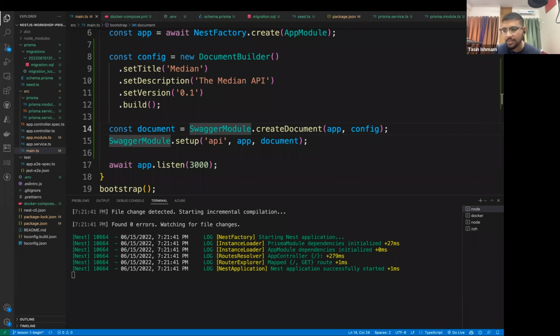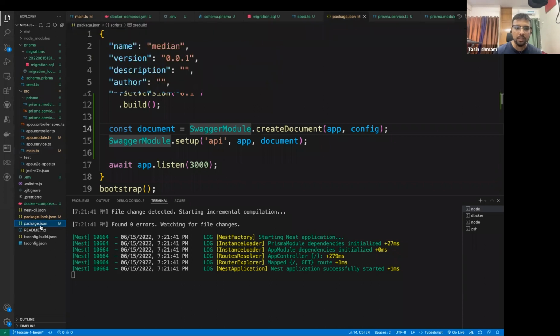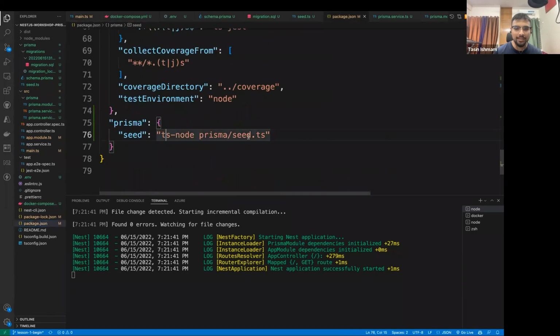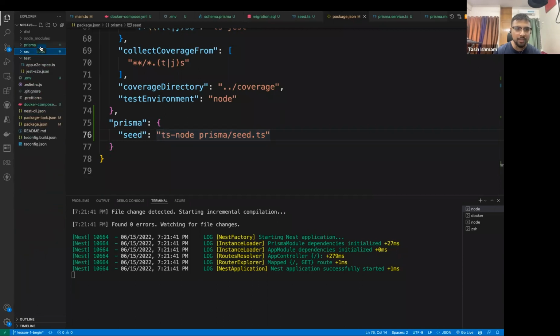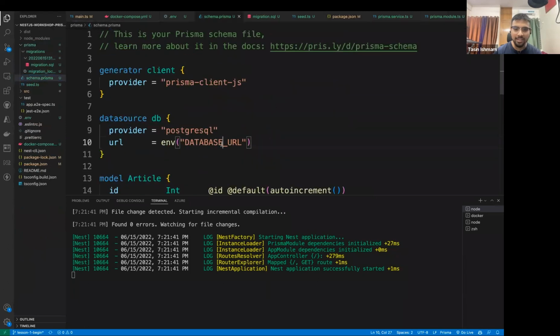Can you make different seeds for different use cases, like test data versus initial prod data? I am not totally sure. Technically, yes, you can, because this is just an arbitrary script. You could probably mention the environment variable. My gut feeling is you can, but I'm not exactly sure what the logistics are. Since the Prisma schema is basically just an environment variable,